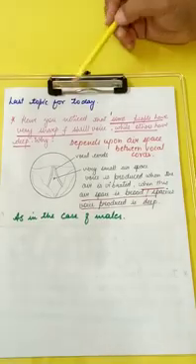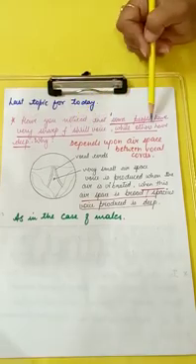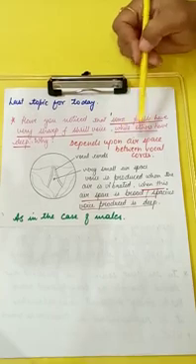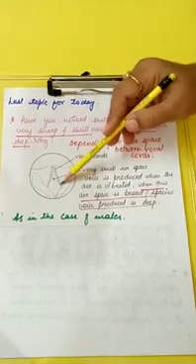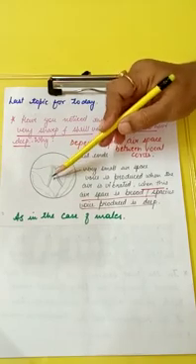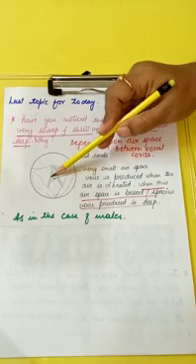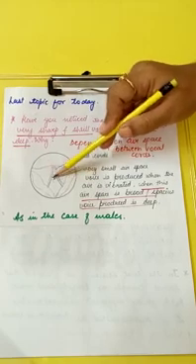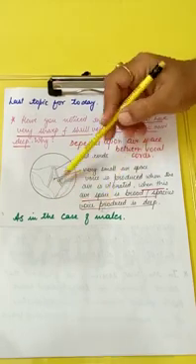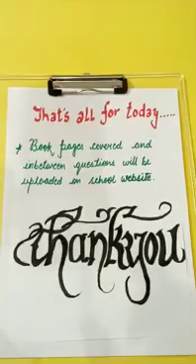The last topic for today: some people have a very sharp and shrill voice while others have a very deep one. Why is it so? It depends upon the air space between the two vocal cords. You remember this diagram I showed you earlier. These are the two vocal cords and this is the air space. The more the air space, the deeper the voice, and the lesser the air space, the sharper the voice. In males, the air space is more, so the voice is deeper.